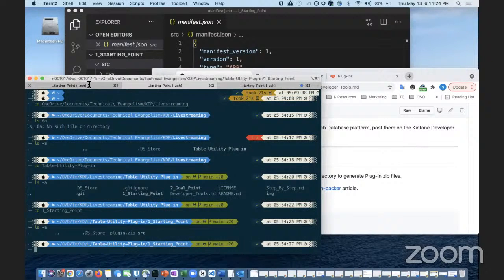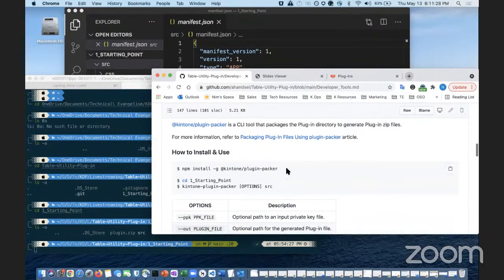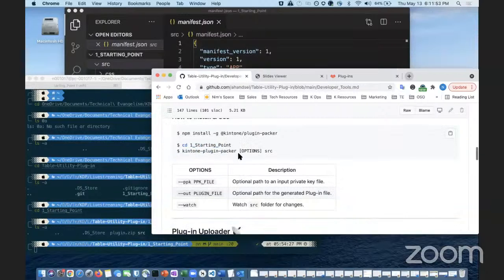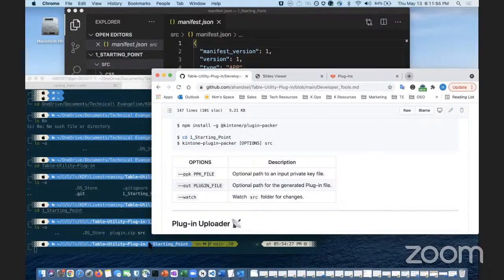Now, at this point, I've already npm installed these tools. So if you have not done that already, you can go ahead and npm install Kintone Plug-in Packer. You can install it at a global level, that's fine. And then we're going to move directories into whatever directory your plugin lives in. For us, it's going to be a folder called one_starting_point. Okay, and once we're here,